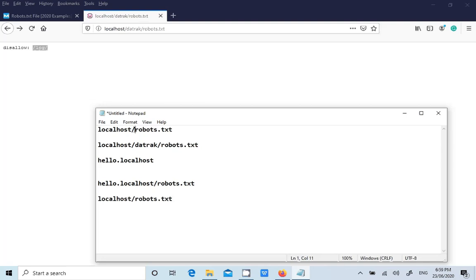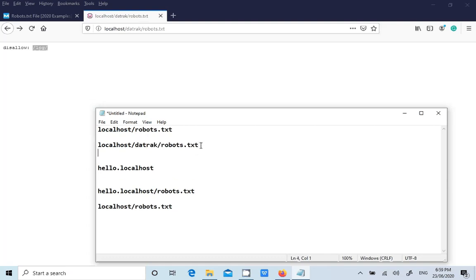Let's say you got a site for testing, just append robots.txt. Sometimes the website will be hosted in a particular folder. For that, you can first search like this, and you can also make one more attempt. You can also do it like this. If you get an application in any format like this, and you get any website for testing, you just append something like robots.txt, or else remove the subdomain and then put robots.txt.